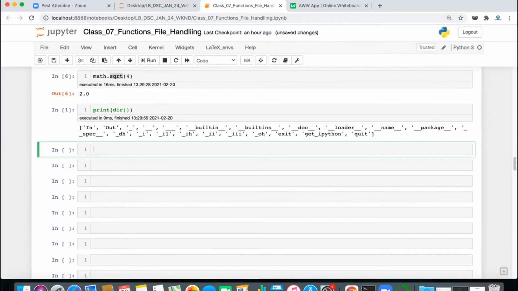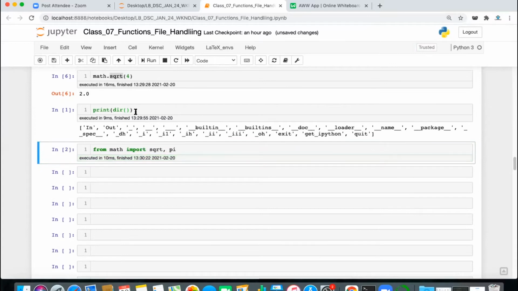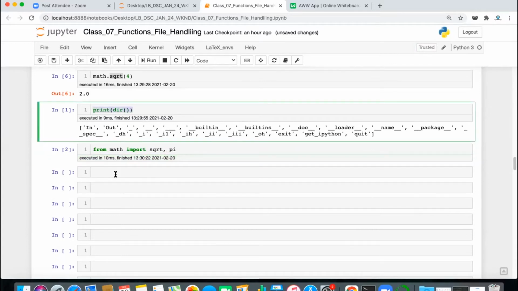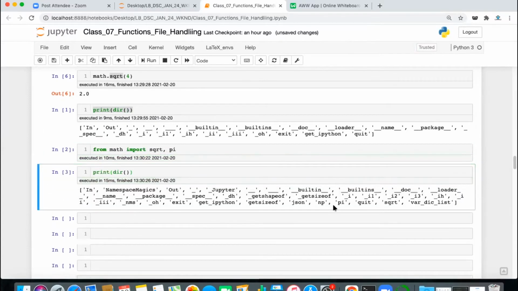So you can write from math import sqrt, pi. These are two attributes: sqrt is a function and pi is a constant variable. If I execute it and then check the directory, I will see that these two names, sqrt and pi, are available in my current namespace.